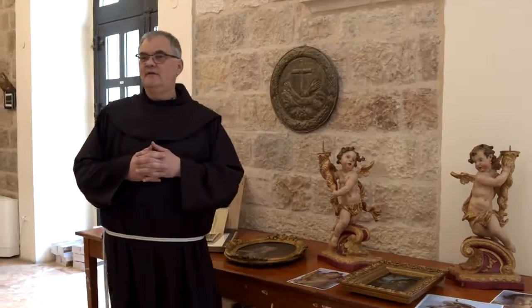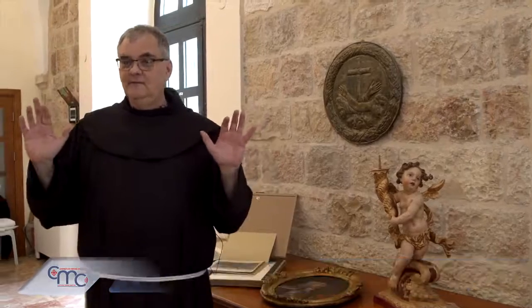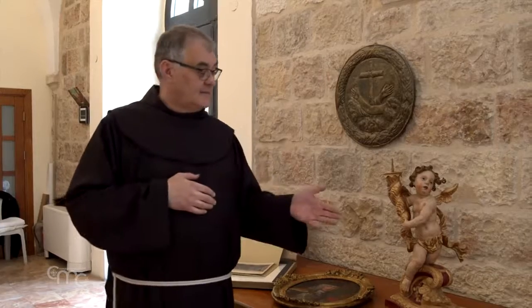This one is, I think, the oldest one we have on this table. This is a Saint Francis receiving the stigmata. This is from the 15th century, very old. And this picture was probably in the Mount Sion, the Holy Cenacle, where the Franciscans used to be before we